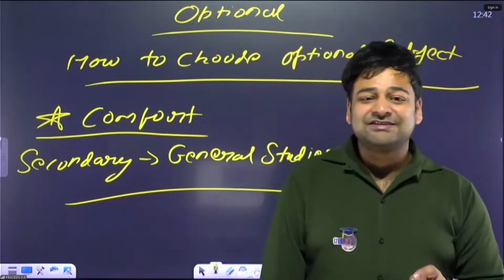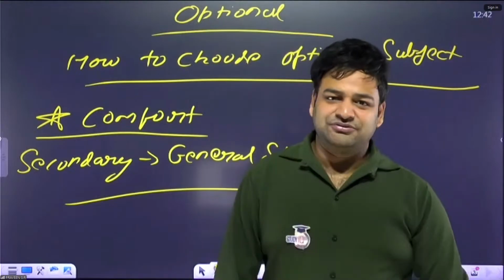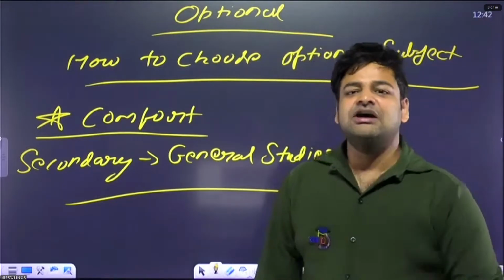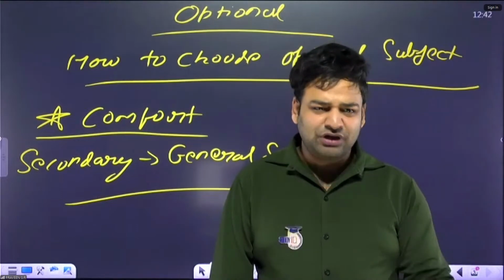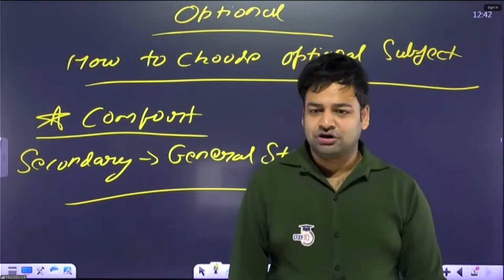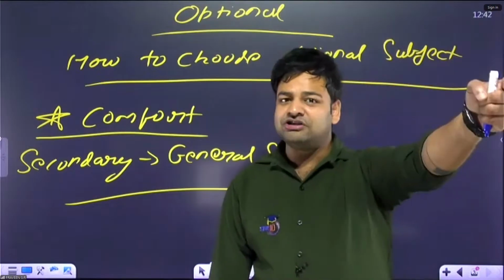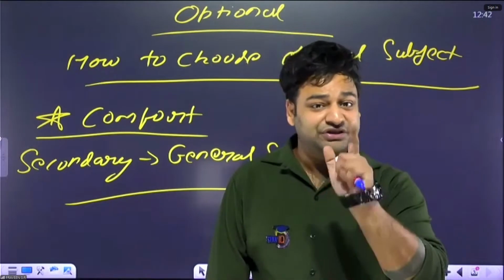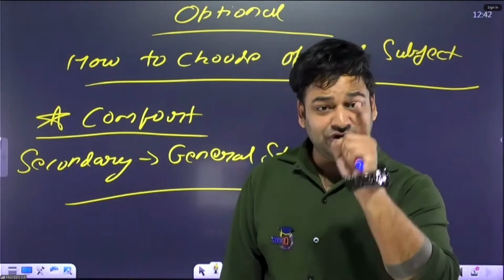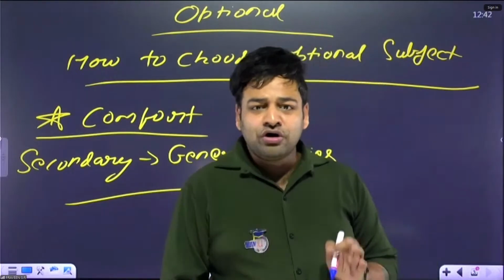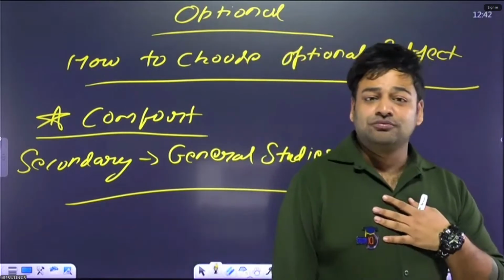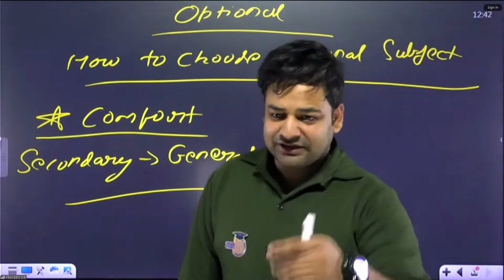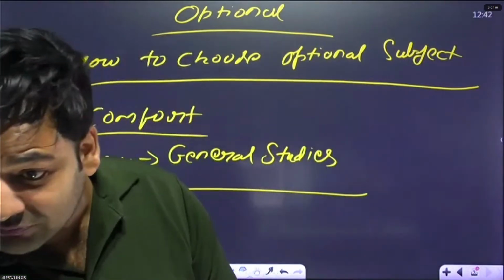So you must be the master of this subject. You have to be the jack of the other general studies subjects, but you have to be the master of this one subject. You have heard that line, jack of all, master of none. That's correct. Jack of all general studies subjects, but master of this one subject that you have chosen. These 500 marks are chosen by you for yourself. So the only thing that I must be having first and foremost is whether I am comfortable in reading this subject or not. Let's say Vijay Raghavan.